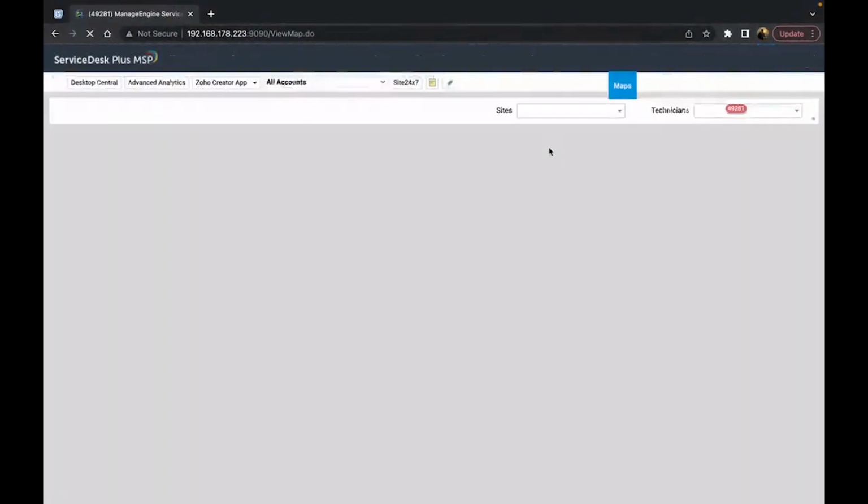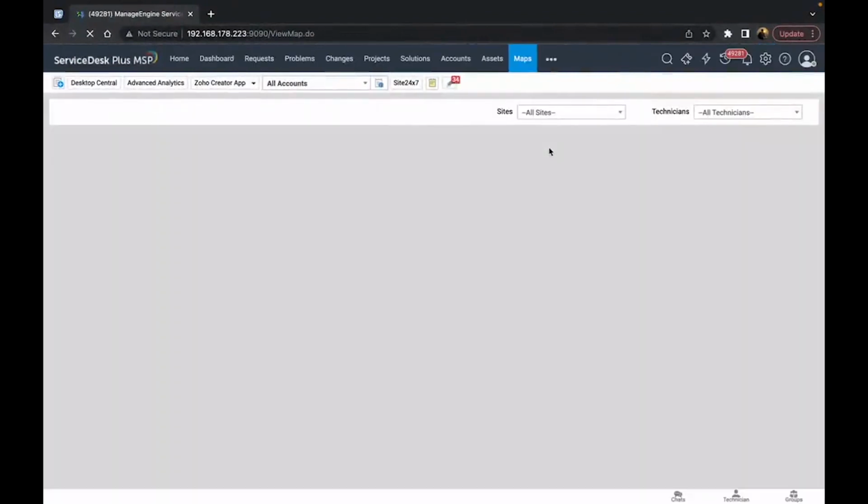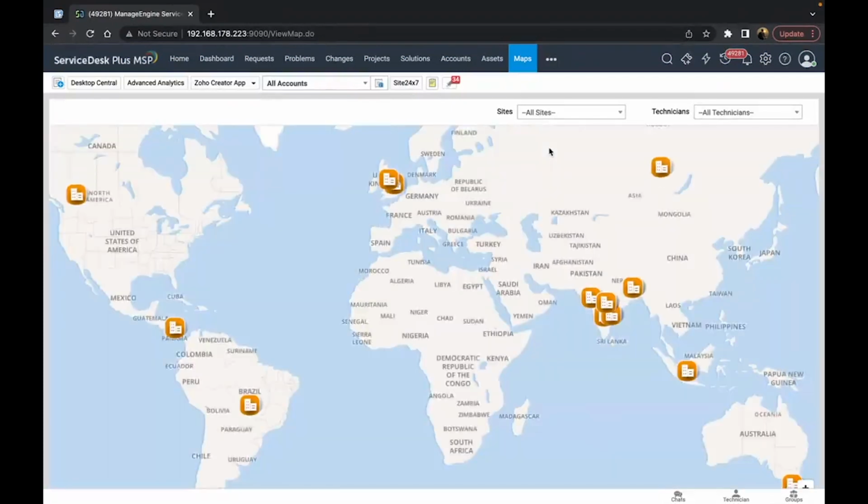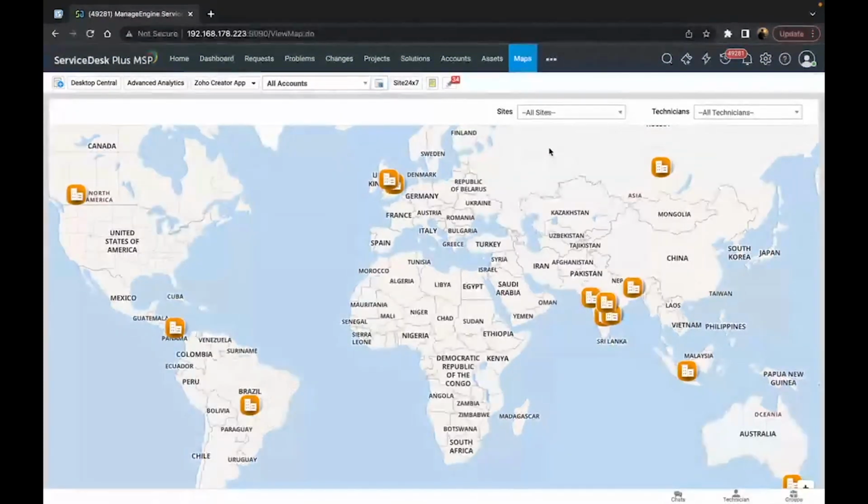And once you go to the Maps tab, you would be able to check out how easily all these client locations are pinned on this particular geographical map, and you would also be able to pinpoint your client's location. So how do you do that, right? As you can see here, a lot of these client sites are associated, and you can also associate and